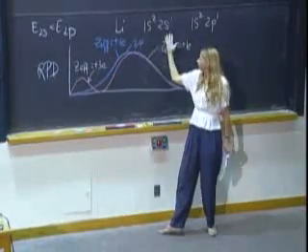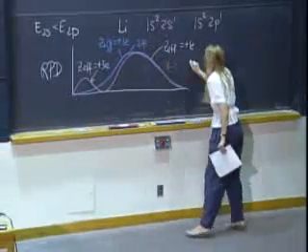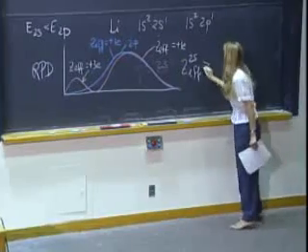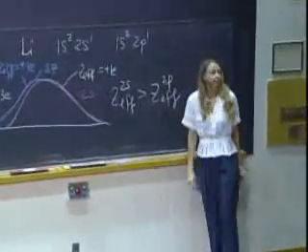Because the 2p is plus 1 everywhere. So the effective charge for the 2s is going to be greater on average than for the 2p